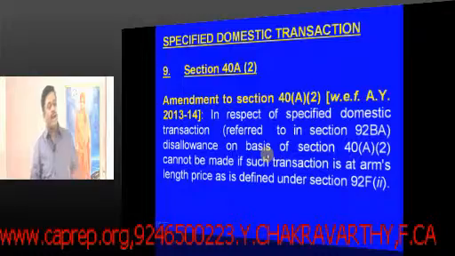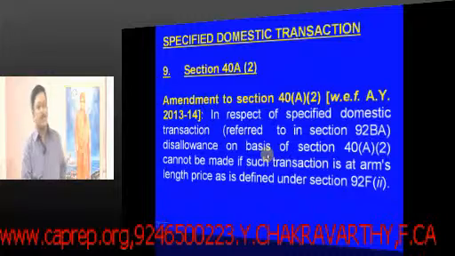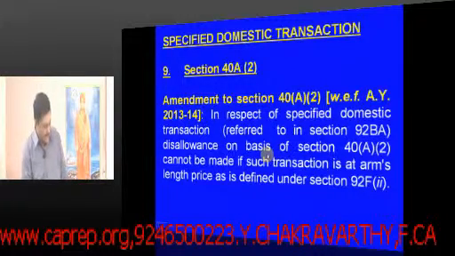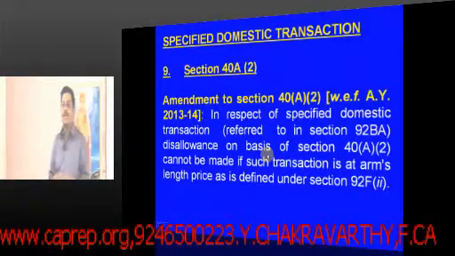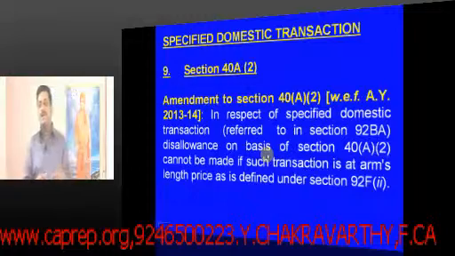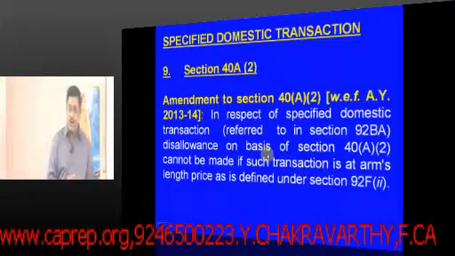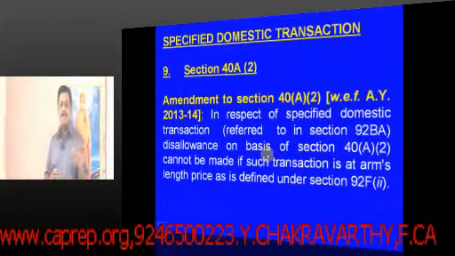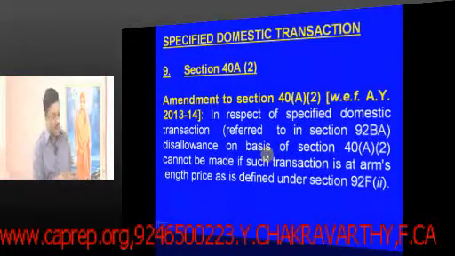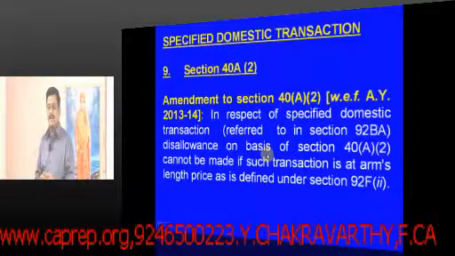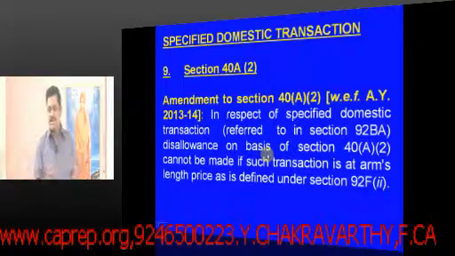Now when you already have 40A(2), what is the requirement for bringing this particular provision? See, year after year, even today, the finance minister is going to present the finance bill 2013 in the parliament. Yesterday the economic survey said growth cannot be more than 5 to 6% and you should not increase the tax rates. The only thing you have to do is enlarge the tax base.